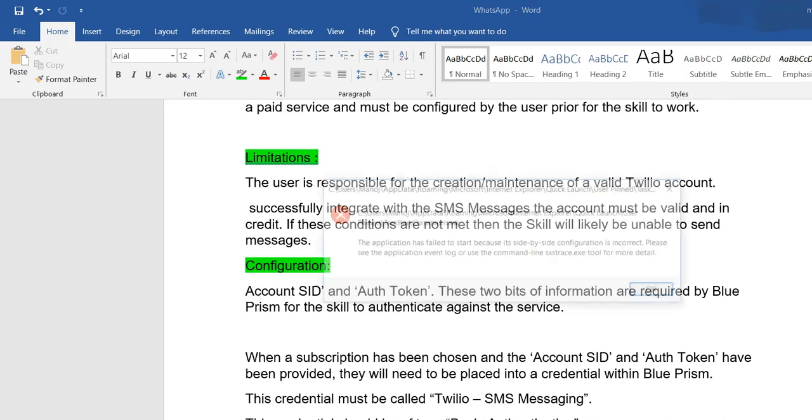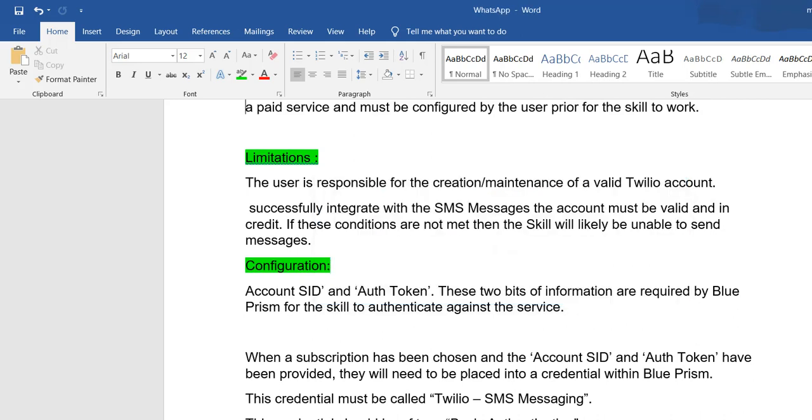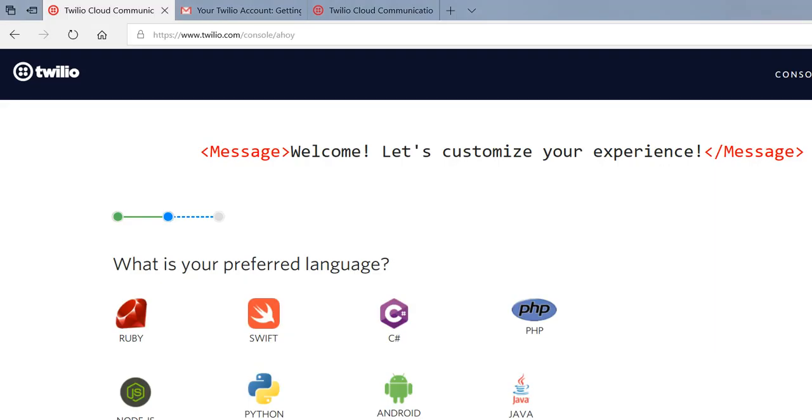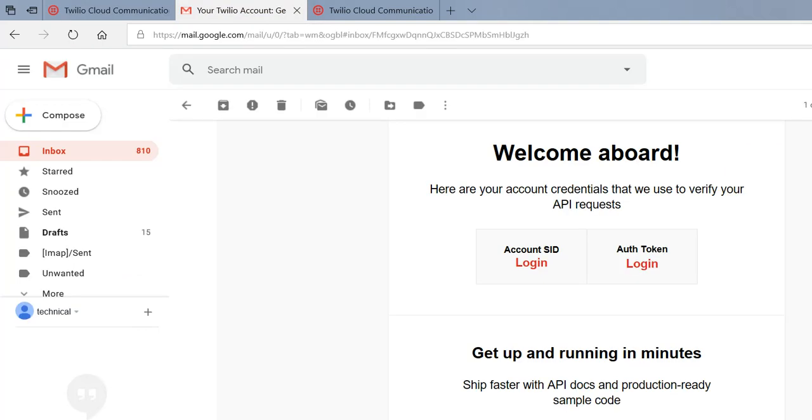Here I am opening Twilio. First you have to go and create a login, or register if you are a new user. Once you register, you will get a Twilio account SID and authentication token. These SID and token you have to pass into the Blue Prism application. Here you can see